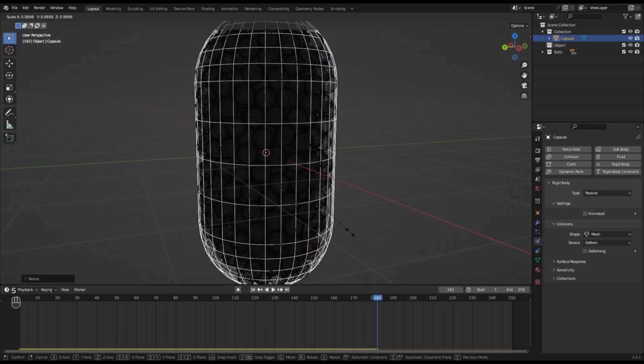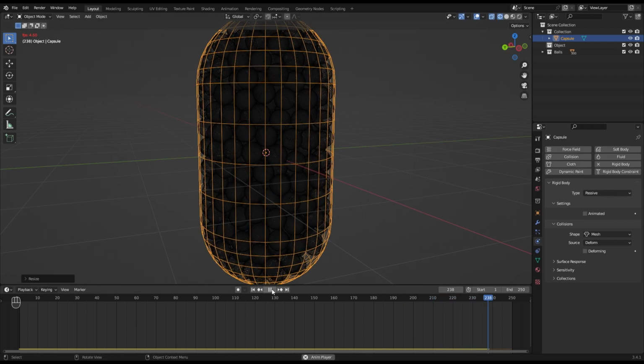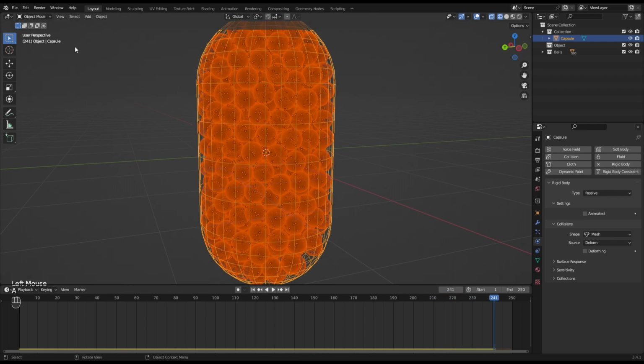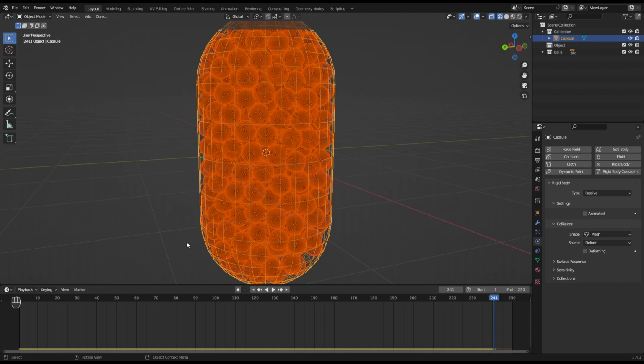At the end of the timeline, the physics simulation will start over from the beginning. If you want to keep the position of the spheres after the simulation, go to the Object menu and select Rigid Body, Apply Transformation. Then return the timeline to the beginning.